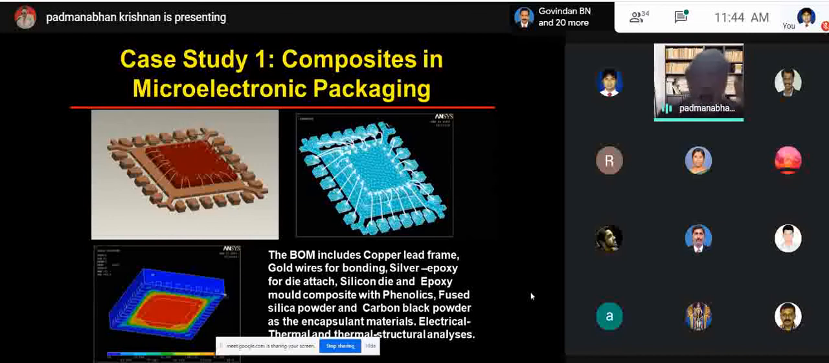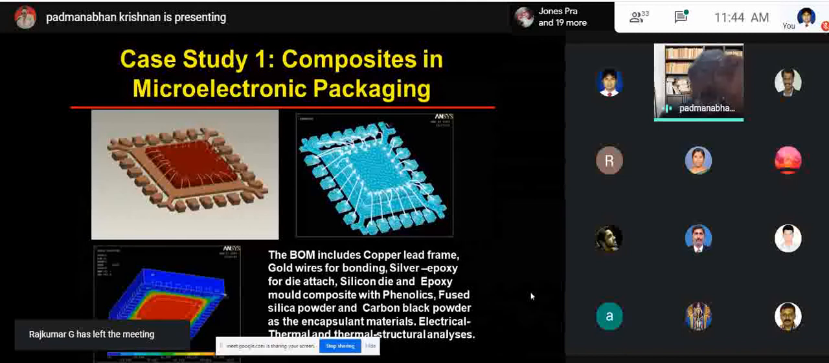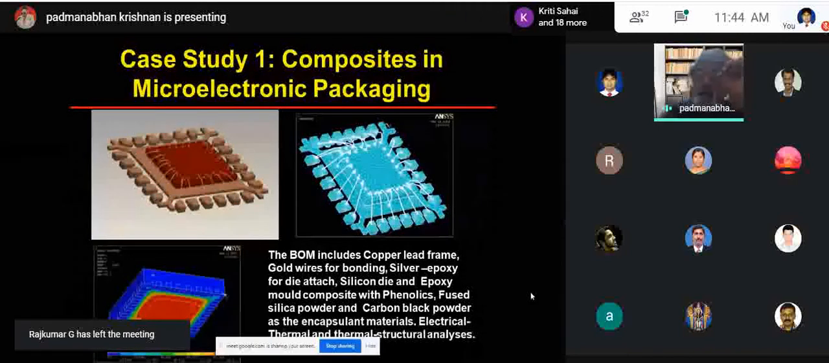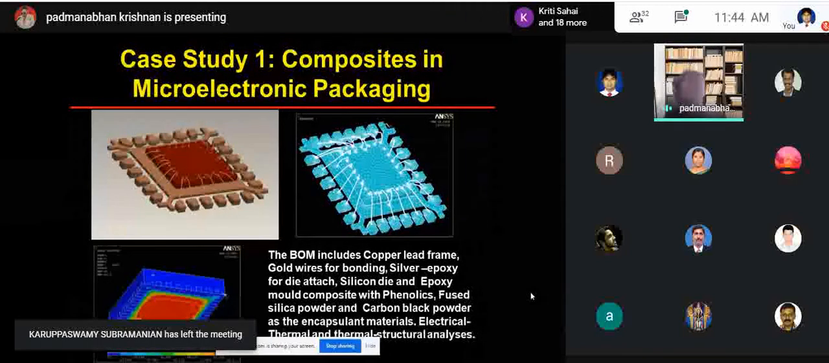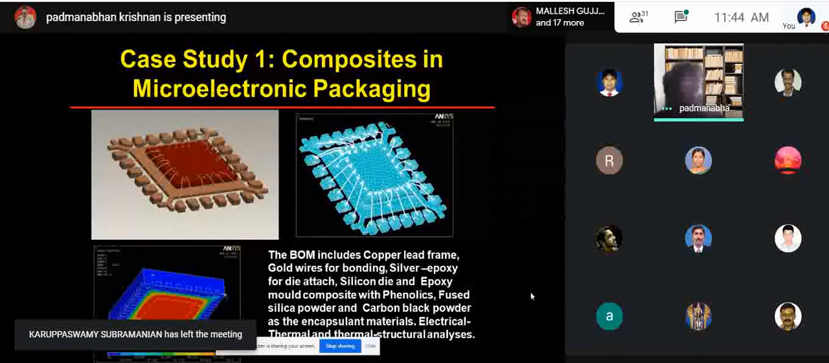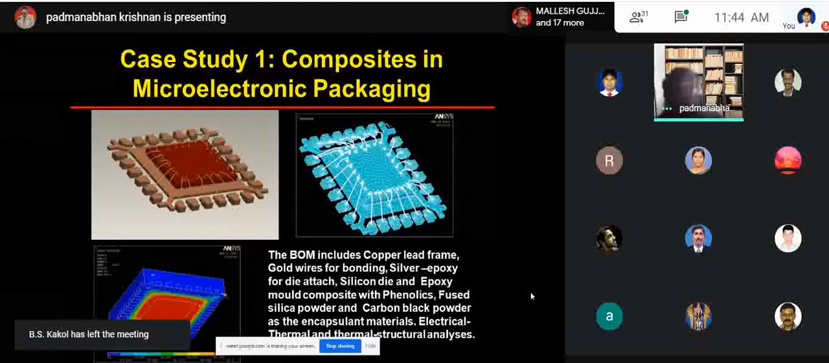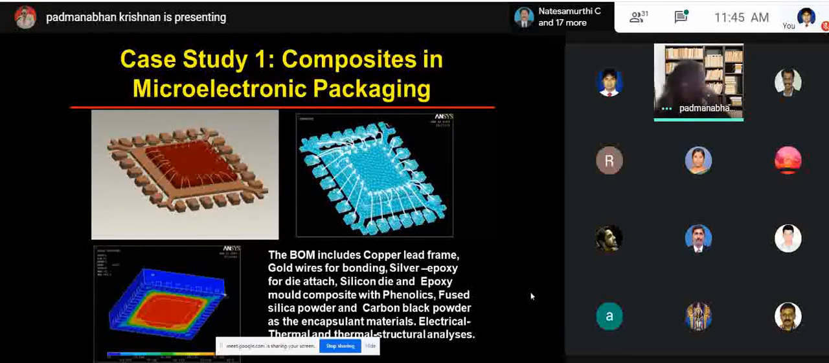So we have done a lot of microelectronic packaging. The bill of material includes copper lead frames, gold wires for bonding, then a silver adhesive based epoxy foam die attach, silicon die and epoxy mold composite phenolics, fused silica powder and then carbon black powder as the encapsulant material. We had to do electrical, thermal, and then